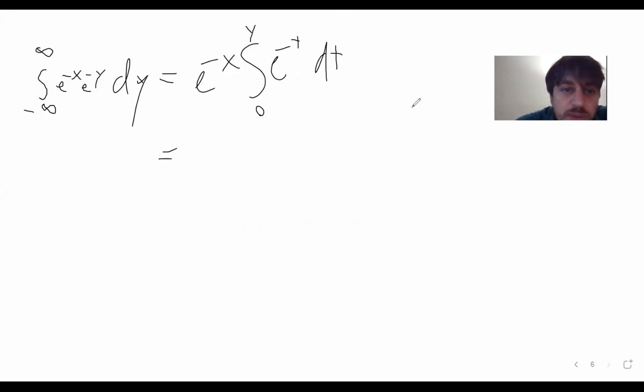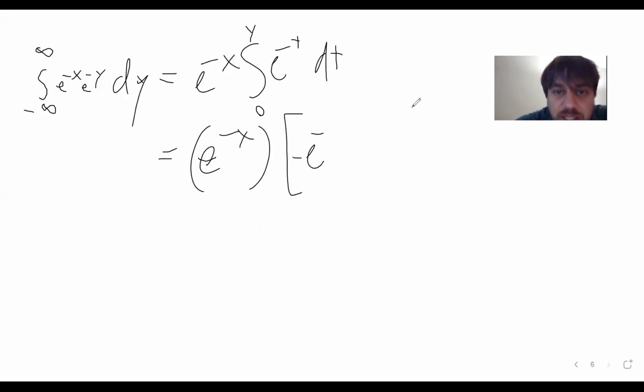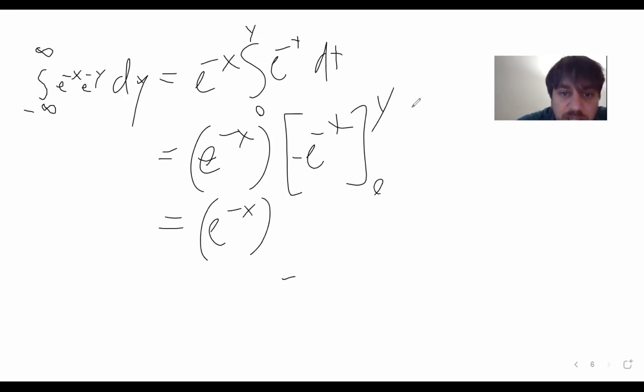So now this is equal to e to the negative x, right? And so now an antiderivative of e to the negative t is negative e to the negative t, and you evaluate from 0 to y. And so when you evaluate that, it's e to the negative x times, and then you have a negative 1 here for the negative sign, and then you have e to the negative t, evaluated from 0 to y. So it's e to the negative y minus e